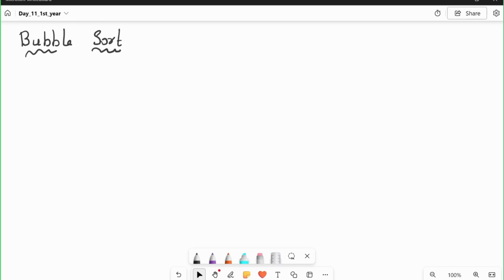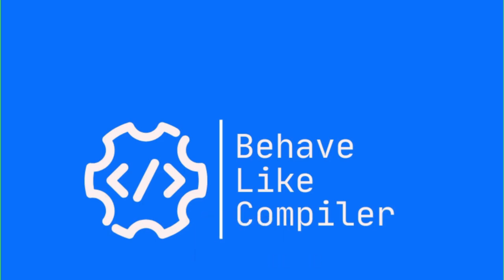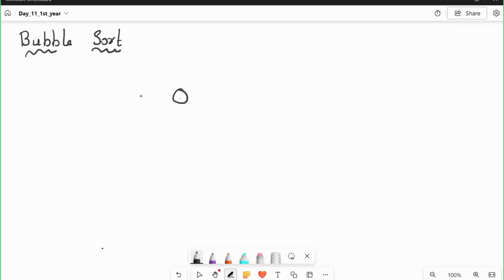So what is the meaning of bubble? Bubble means the water bubbles or soapy bubbles like these. Whenever two bubbles come in contact with each other, they burst. So the concept here is that bubble sort basically works on